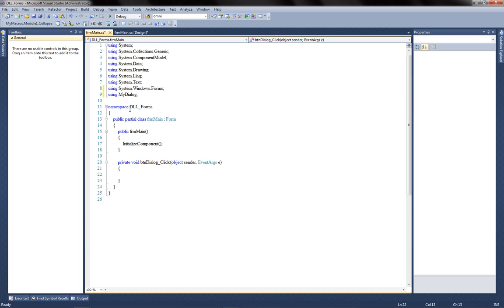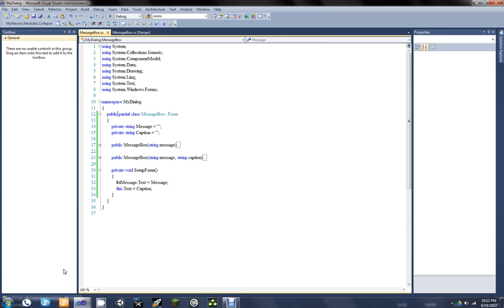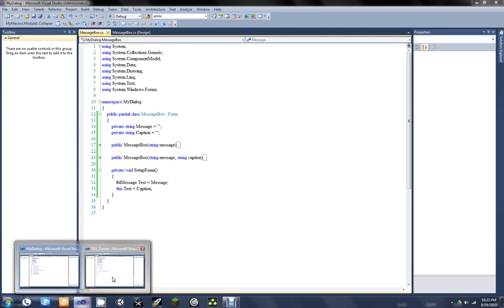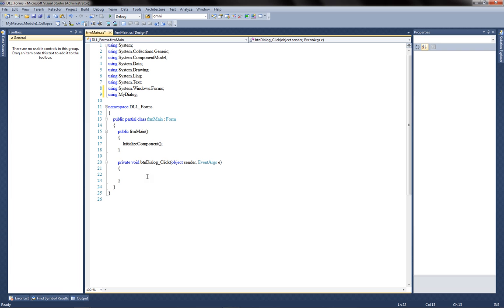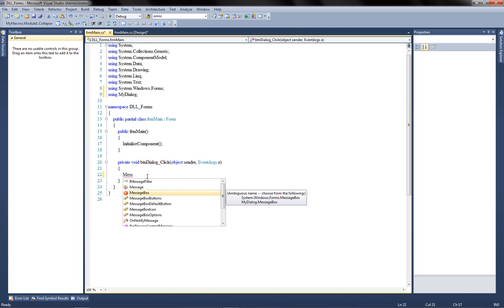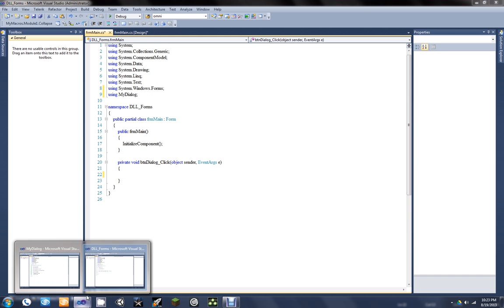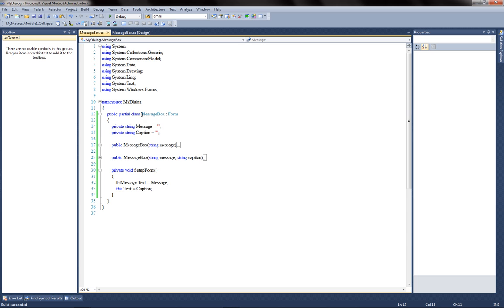Okay, but what we're going to do is come over here and look and see what this is called. It's called MessageBox. So we're going to do MessageBox, and of course it's ambiguous. Okay, forgot about that. So what we're going to have to do is come over here and put my message box, and then rename everything,